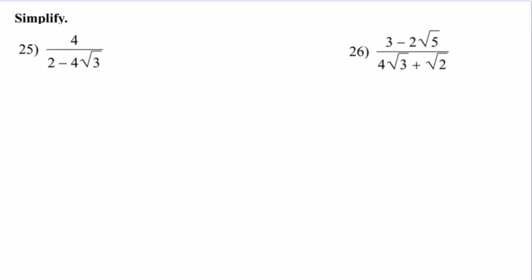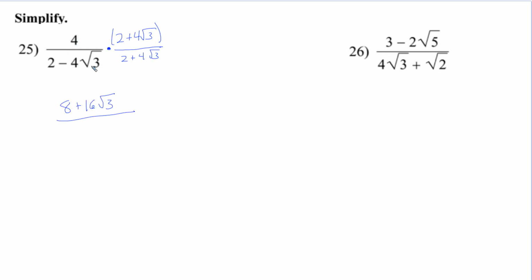And the last one still has to do with division, but now we have 2 terms in the denominator for both of these. The rule is you can't have a radical in the denominator, so what we do is multiply by a form of 1, and that form of 1 is going to be the conjugate of the denominator, which means we change the sign in the middle. So 2 plus 4 root 3 over 2 plus 4 root 3. So we have something divided by itself, so we're just multiplying by 1. And now up here we distribute. 4 goes to both of those, so that's 8 plus 16 root 3